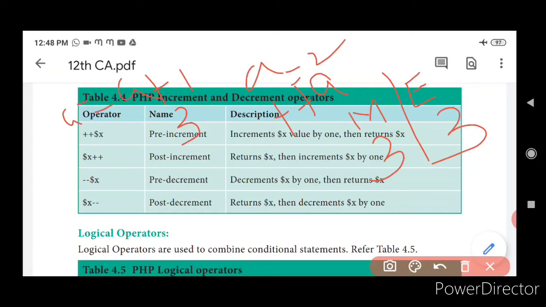What did we do now? Pre-increment and post-increment. In post-increment, it will be updated in memory, whereas it will not be updated in the execution part. In pre-increment, it will be executed on memory as well as in the output. Yes, very good, children.